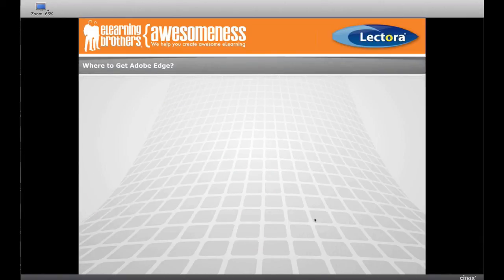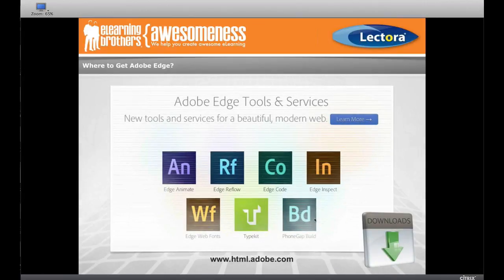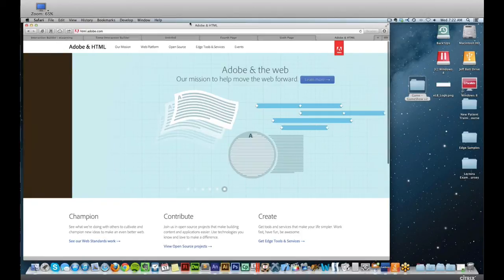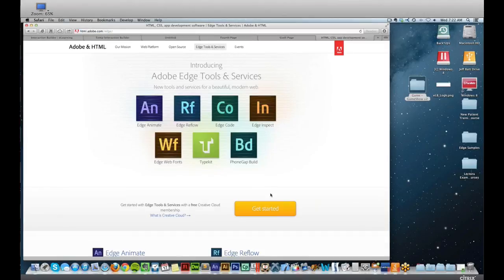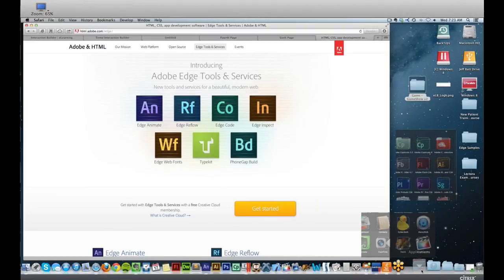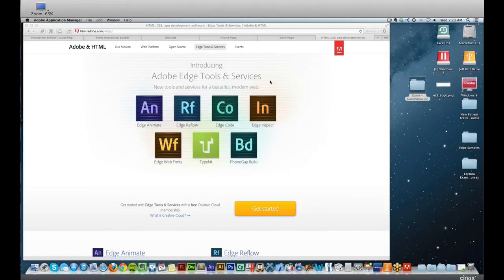Now, the question is, where do I get Adobe Edge? Well, you can get Adobe Edge and all of its additional tools at html.adobe.com. We're going to go ahead and go to the website real quick. If you go to html.adobe.com and click on Edge Services and Tools, you can click on the Get Started Here button down at the bottom, and you have to have a free Creative Cloud membership. Now, Adobe Edge is free. You don't have to pay for it, but you at least have to sign up for Creative Cloud. If you already have Creative Cloud, then it's actually part of your Applications Manager. If you come into your Adobe Application Manager and you scroll down,